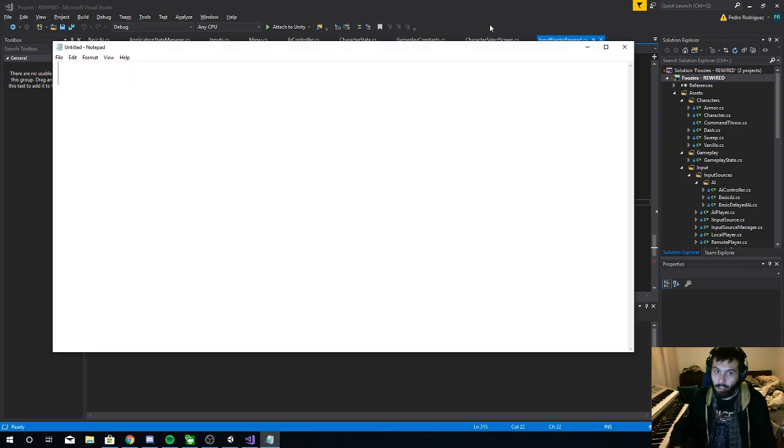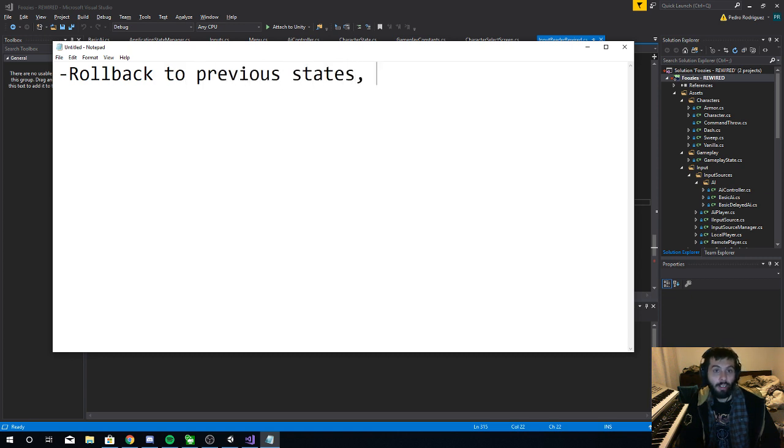Let's get out a notepad. So I have a small idea of what I want to do. But I already have a state-based system, so this should not be too, well, it's going to be hard, but at least that's already there. So I want to be able to roll back to previous states and probably create a debug mode so I can test locally